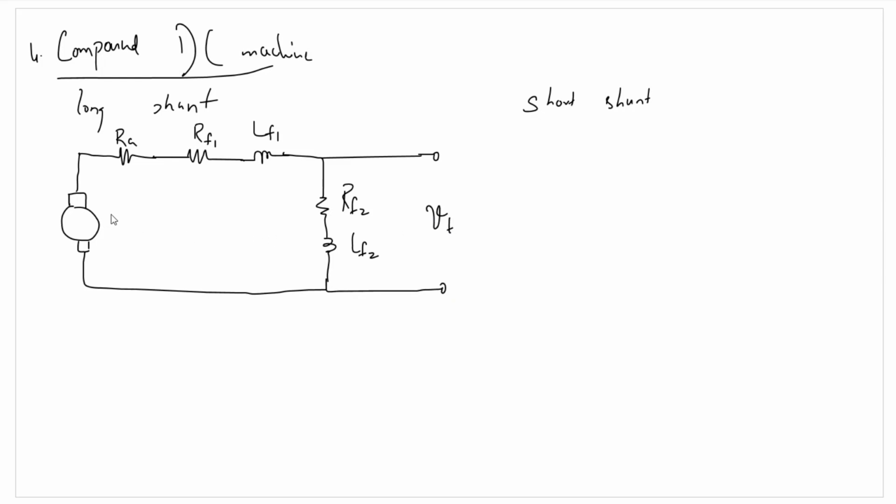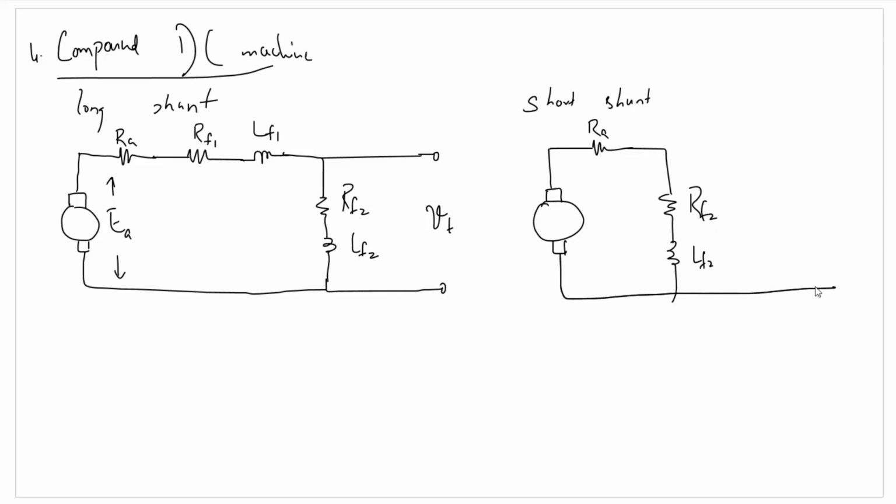This is VT here, and this is EA. In the short shunt connection, this will be the armature resistance RA. This will be the field RF2, LF2. This will be RF1, LF1. So we have field windings, two parts of the field windings connected in series with the armature reaction winding as well as in shunt. Now whether